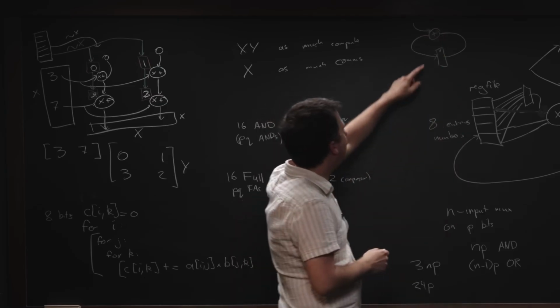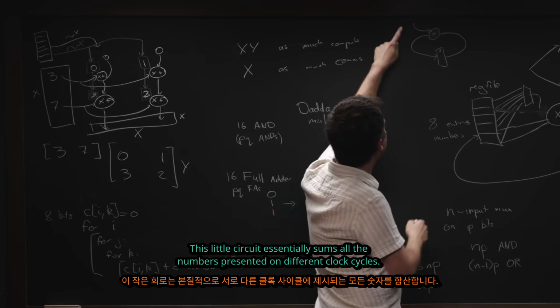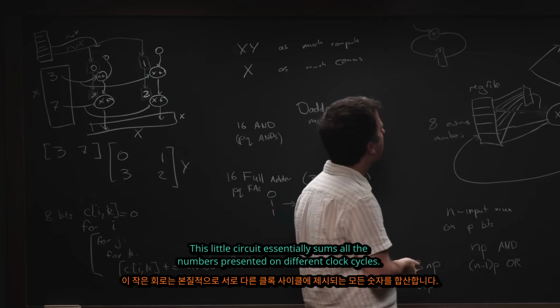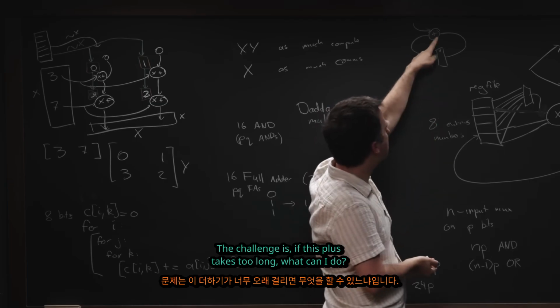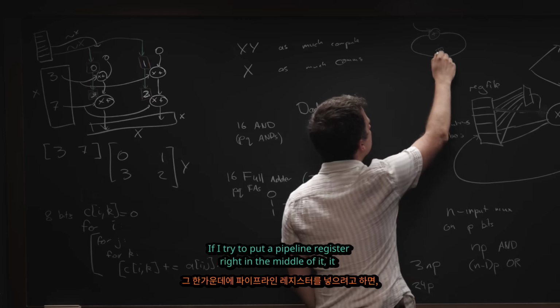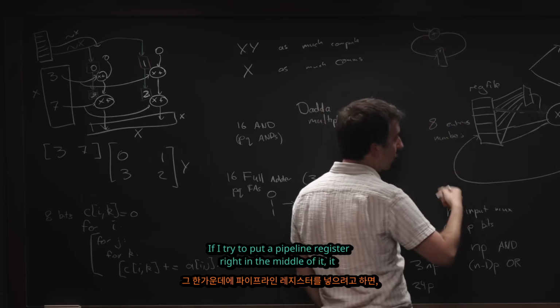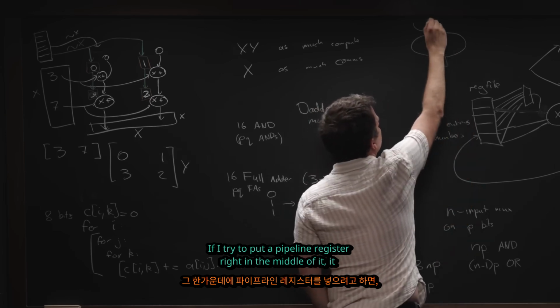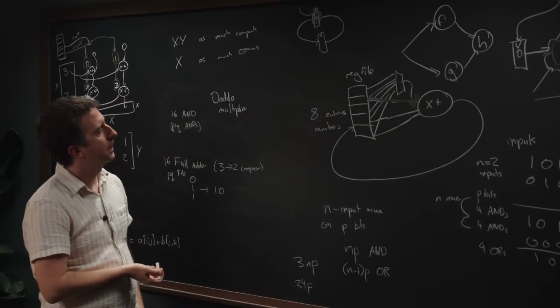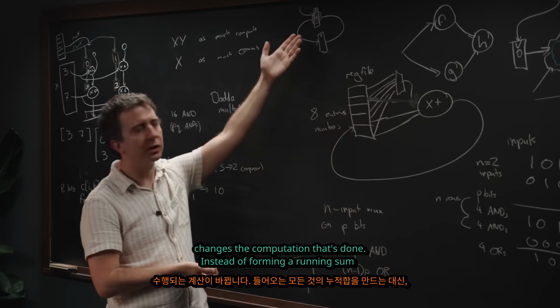So this little circuit, it's essentially just going to sum all of the numbers that get presented on different clock cycles. And the challenge is, if this plus takes too long, what can I do? If I try to put a pipeline register right in the middle of it, here,